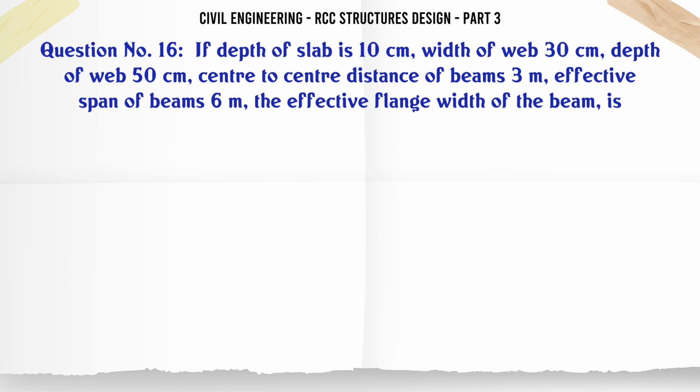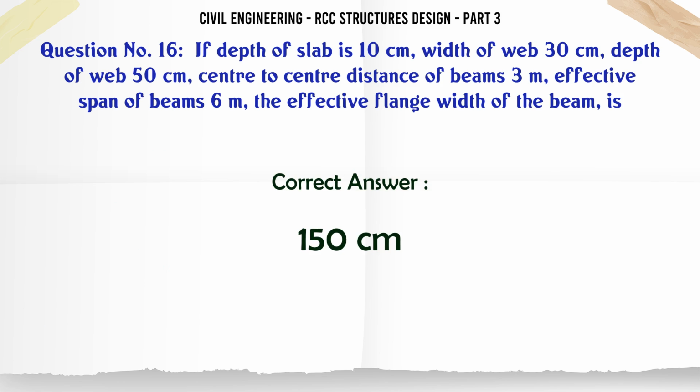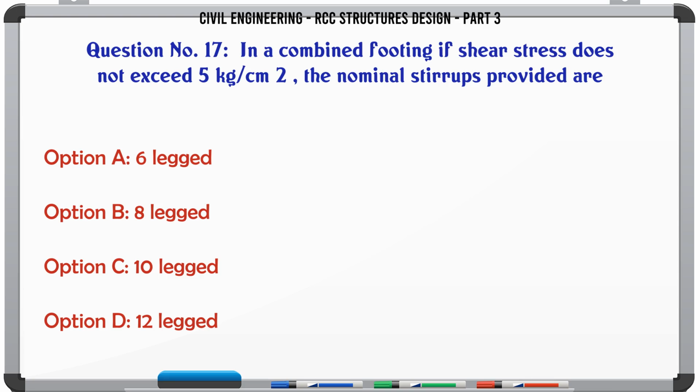If depth of slab is 10 cm, width of web 30 cm, depth of web 50 cm, center to center distance of beams 3 m, effective span of beams 6 m, the effective flange width of the beam is A. 200 cm, B. 300 cm, C. 150 cm, D. 100 cm. The correct answer is 150 centimeters. In a combined footing, if shear stress does not exceed 5 kg/cm2, the nominal stirrups provided are